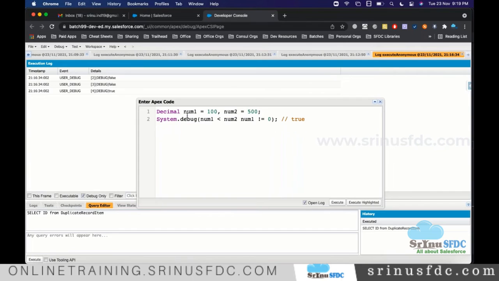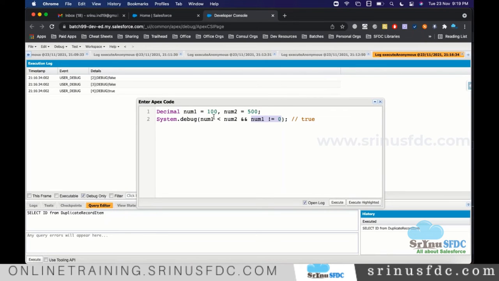I'm just removing these things. Number 1 less than number 2, and I want these 2 conditions to be satisfied, right? I'm giving AND. Like this we combine. This is one condition, and one more. Both should be true, then only the final result will be true. So here, do you think both are true?